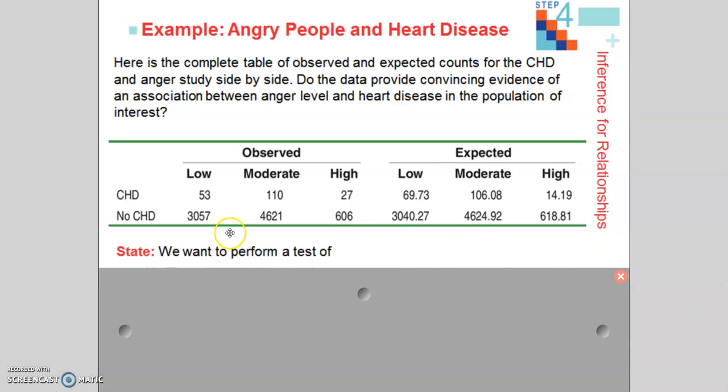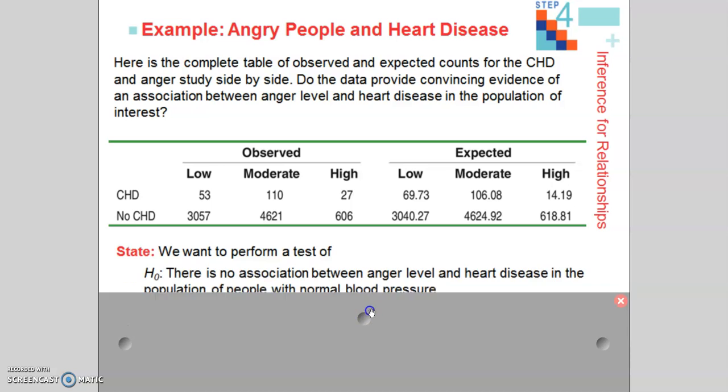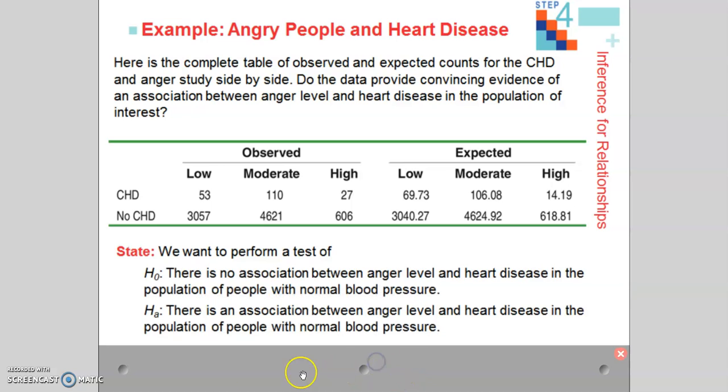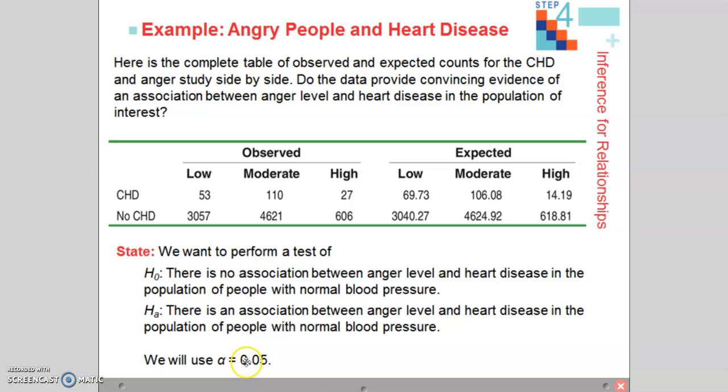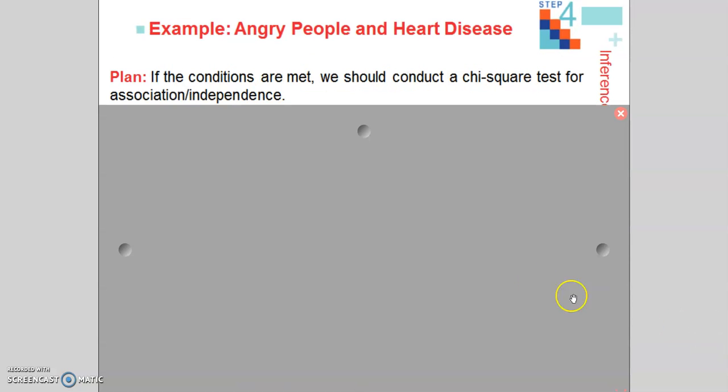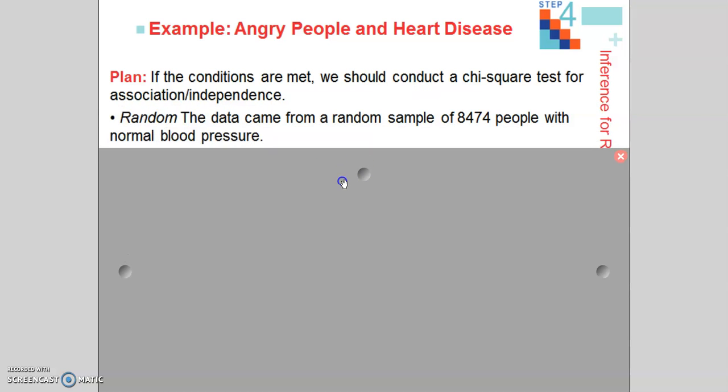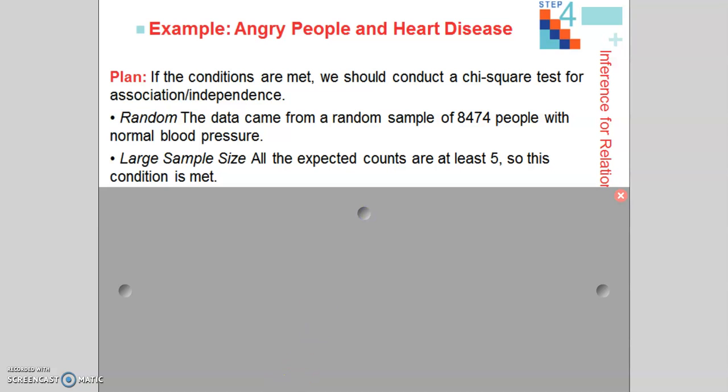So let's take a look at this test written up. Here are the observed values. We haven't calculated those expected values yet, but we'll get to those in a second. Now we want to perform a test of the null and alternative hypotheses we decided on. We'll use a significance level of 0.05. If conditions are met, we conduct a chi-squared test for association/independence. Random: it said it was a random sample. Large sample size: